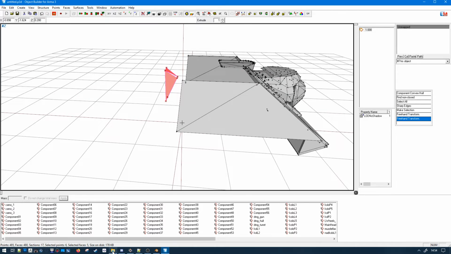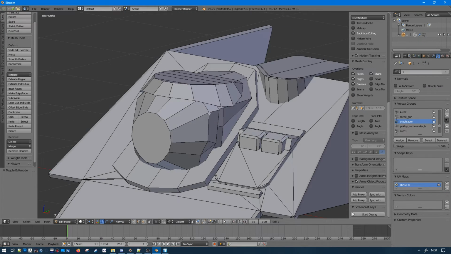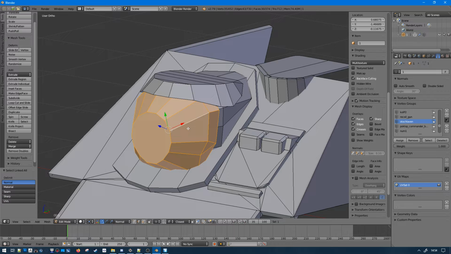I mean, you know, 5-6 points. Oh shit. I got blenderized.